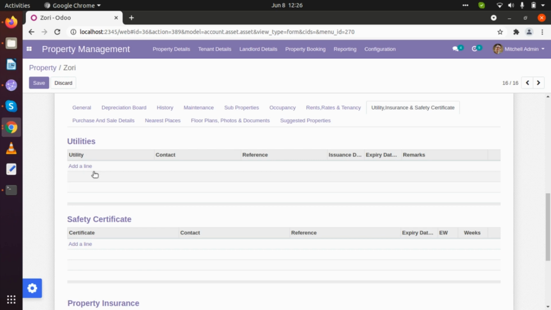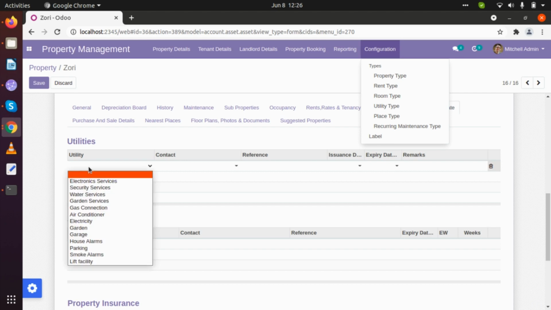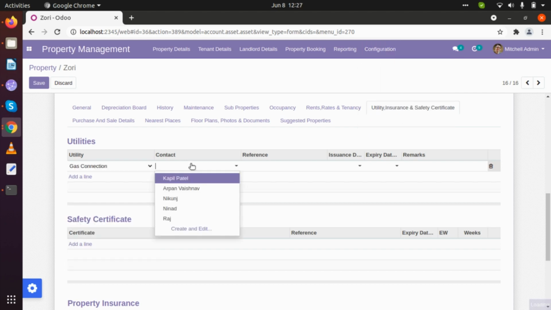In utility, there are a number of utilities that we have already added in our configuration. The utility types that we can add here are the utilities that are directly available. So let's add some of the utilities. Let's say a gas connection is a utility. If there is any particular person available to be contacted for anything, that can also be added. If there is any document or license issued, we can also add that.